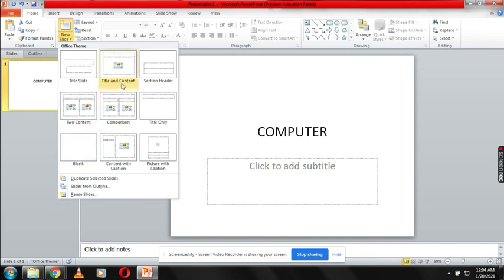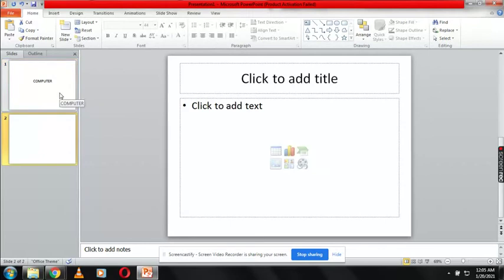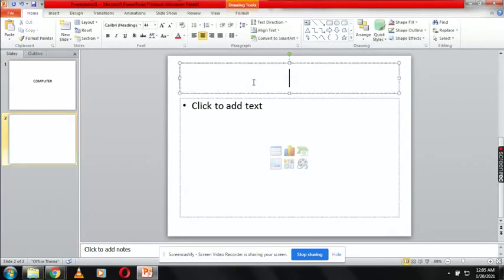You can select a blank one or a title slide or with a section header or with title and content. You can insert, or if you want it to be of the same type, you can simply select and press the enter key and it will be inserted. Okay. So you can click and write over here in title if you want, and if you don't, you can simply select it with the four-headed arrow and you can delete it.